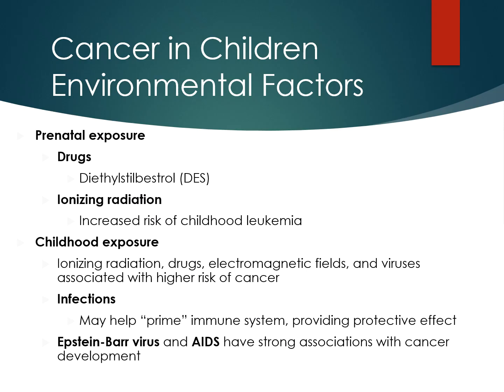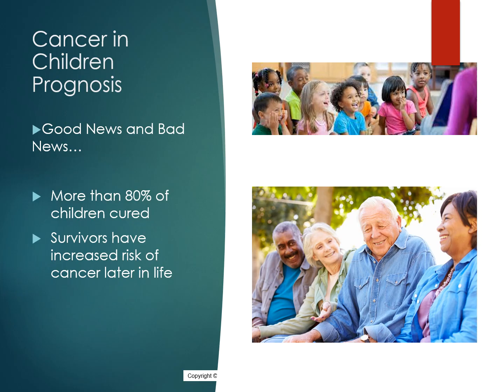All right, so some of the different things, same types of things that we have. Again, I'm not going to test you on these, but you see some familiar names here. So things that they can maybe also then inherit or be exposed to. So they can also catch AIDS, Epstein-Barr virus, and so forth. All right. So good news and bad news. Good news is, and this is so different than when I was growing up, more than 80% of childhood cancers are now curable. That is huge progress. That doesn't mean everybody is, but what a turnaround.